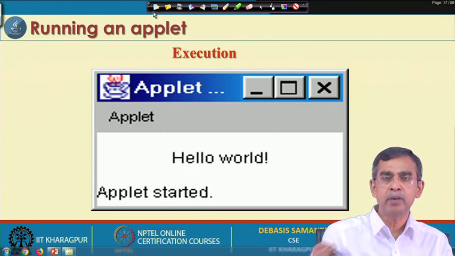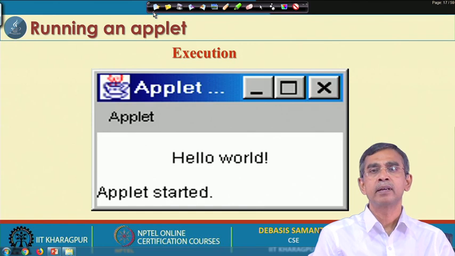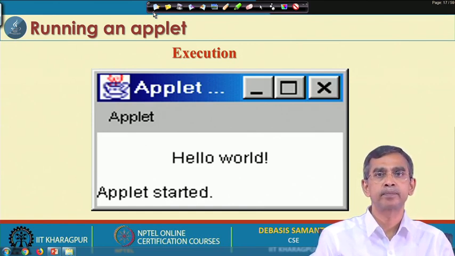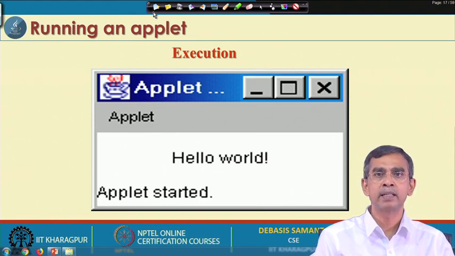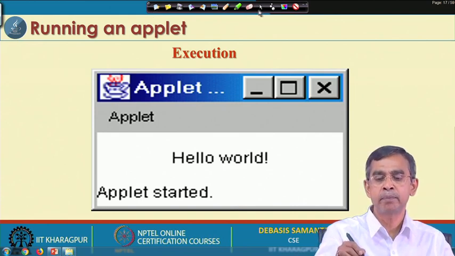So, you have learned how a simple applet can be created and then executed. I would advise you to test this kind of applet programming as a first experience of how to write the program, and there are many more things involved while you are writing applet programs.